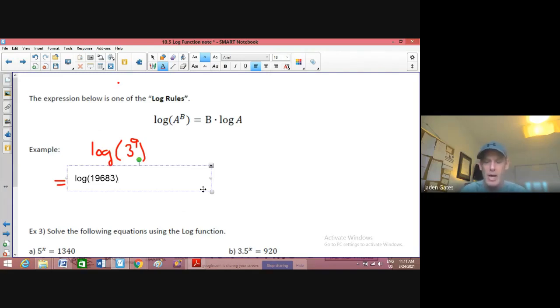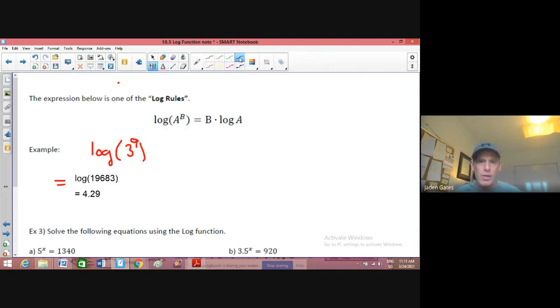683. Now, as I mentioned, if I type that into my calculator, hit log and then 19,683, what the log function again does is take a big number and make it smaller. In fact, it would be 4.29. Now, what that log rule is saying is I can do the same thing here, but I bring the exponent